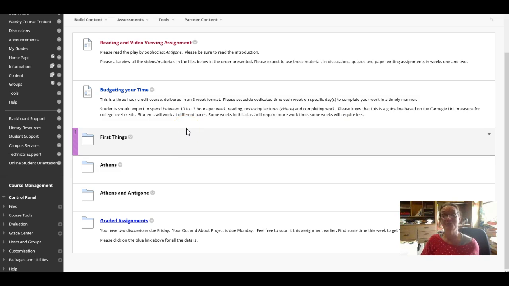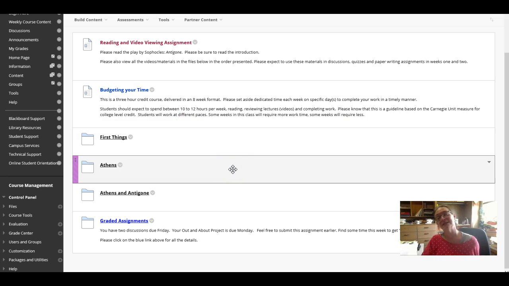Budget your time. As we said, this is supposed to be a class that takes 10 to 12 hours a week to do. Some weeks you'll take 10 to 12 hours. Some weeks you'll take less. Some weeks you might take more. It just depends on your work style. It depends on your reading style, right, and your habits. So please spend the time. Again, as I said, perhaps think about 2 afternoons a week if you possibly can, or every day at 4 o'clock you're working on this class. Whatever it takes for you, make it a habit.